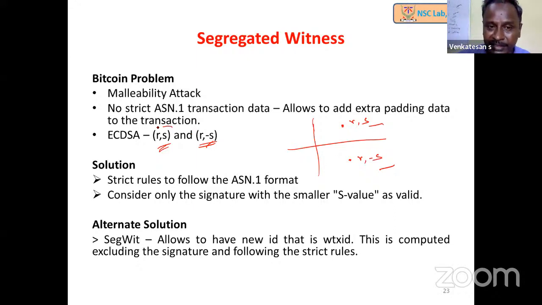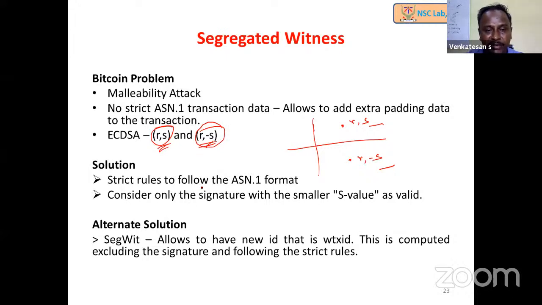Let's say we consider this one as the signature, for example, and due to the malleability, I can say that with this one also I can create the signature or validate the signature. Then what is going to happen? The attacker makes the modification because this is also accepted. So the transaction, whatever is signed as the modified one, will also get accepted as valid.